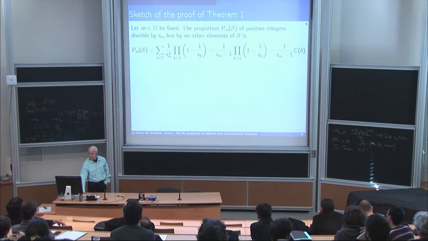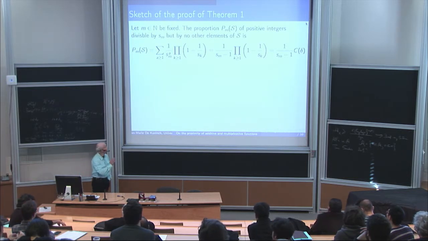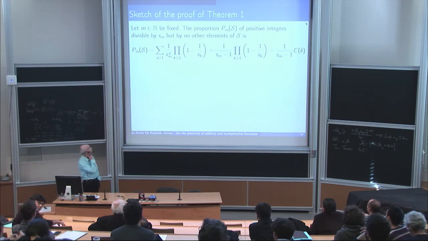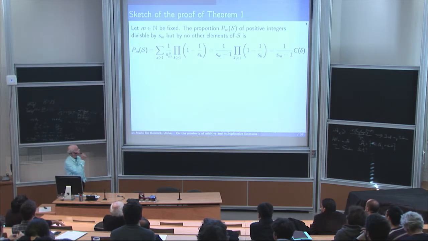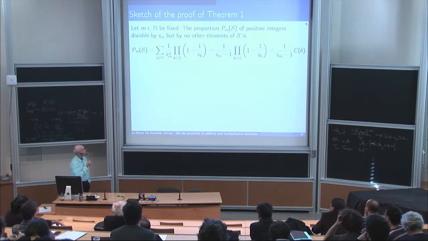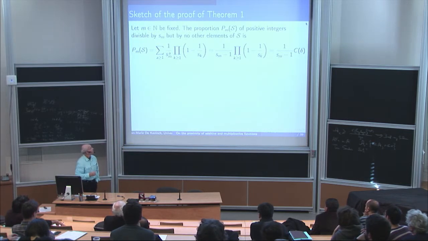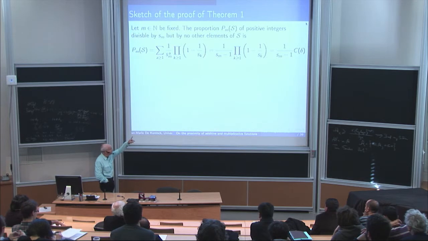Okay, this is just an observation which I will need later on: the proportion of positive integers divisible by a fixed element of S_m is just 1 over S_m minus 1 times a constant which depends on that sequence of primes, S_1, S_2, and so forth. It's easy to see that we obtain that. And the important thing is the C_delta at the end,